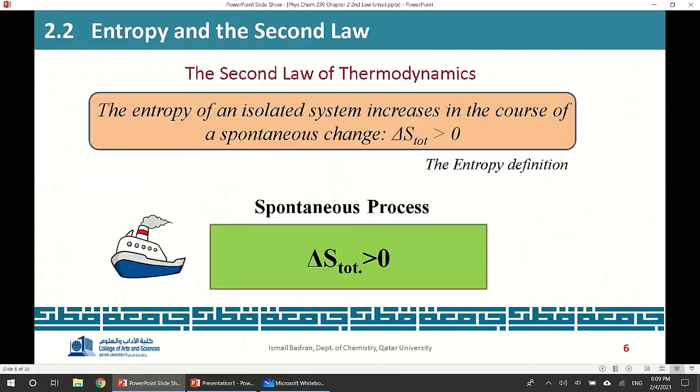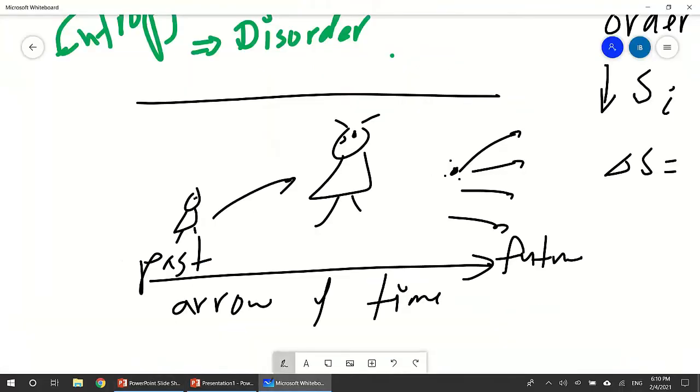The second law of thermodynamics has, of course, a few definitions, but I like the entropy definition, which says the entropy of an isolated system increases in the course of a spontaneous change. In other words, delta S total should be bigger than 0. So what does that mean? That means if you have a system